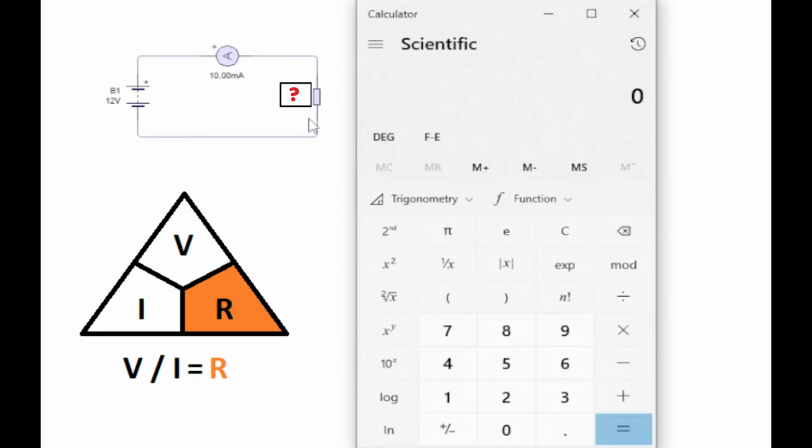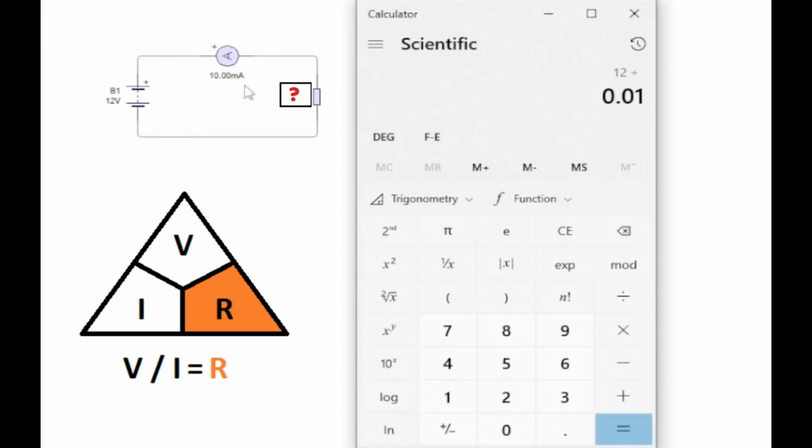So if we look at our triangle, we cover the R with our finger because we're wanting to find R, and it's V divided by I. So the voltage is 12, and we divide by 0.01 amps. Now we need to remember that the meter is showing 10 milliamps, but because we're using 12 volts